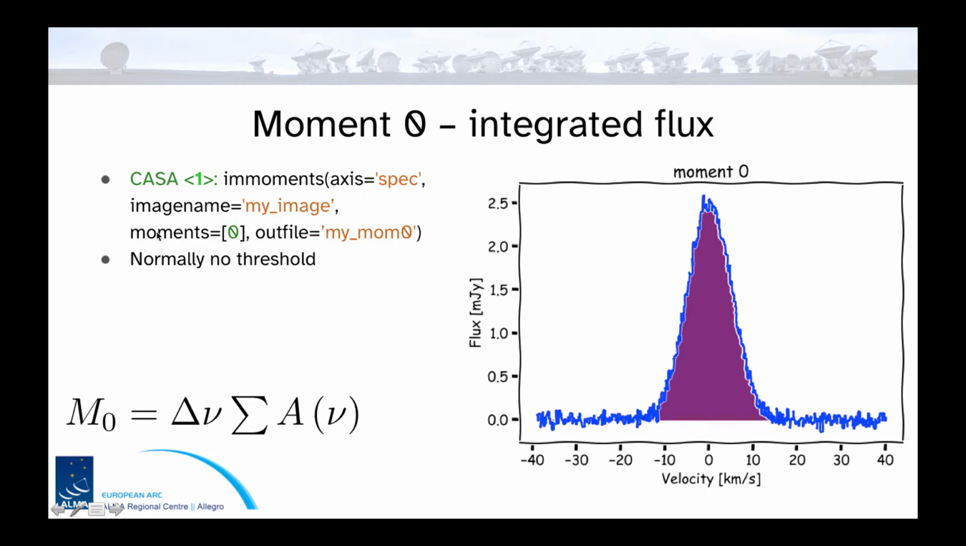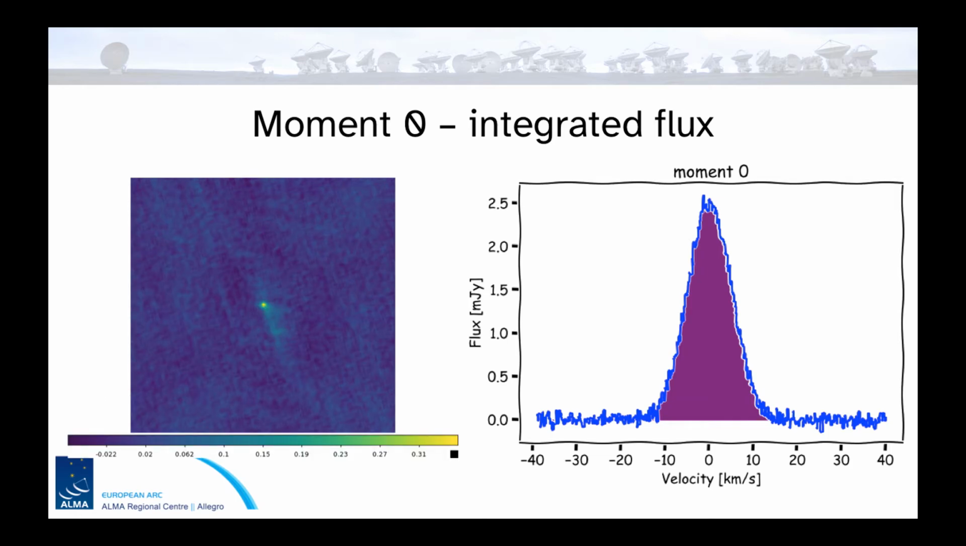Give an image name, tell it that you want the 0th moment here, and give some out file that you will save it as. And as I said, normally no threshold is needed for a moment 0 map. And indeed, it's often advised to avoid it so that you don't bias your moment 0 map. And you can see here's an example of the data cube I was showing before, but now as a moment